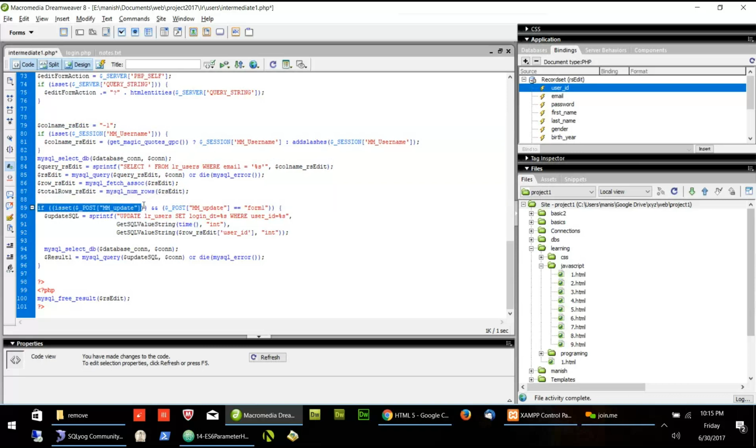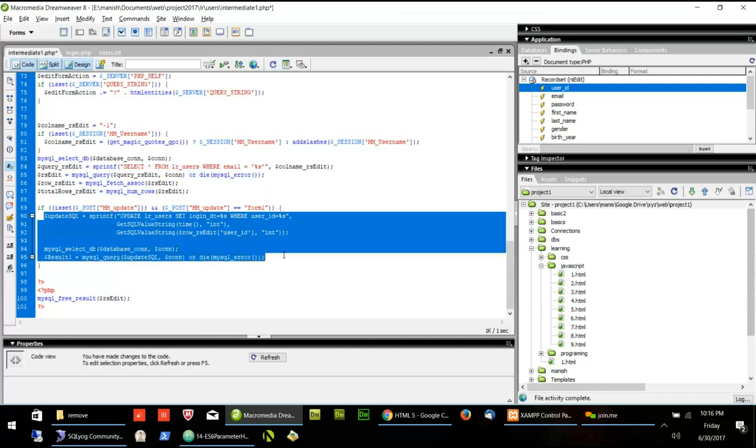the post is there. You know, Dreamweaver created the form, and when we were submitting the form, at that time update was happening. But right now there is no form. So there is nothing to post. That means this variable will not be available. So this update will not happen.